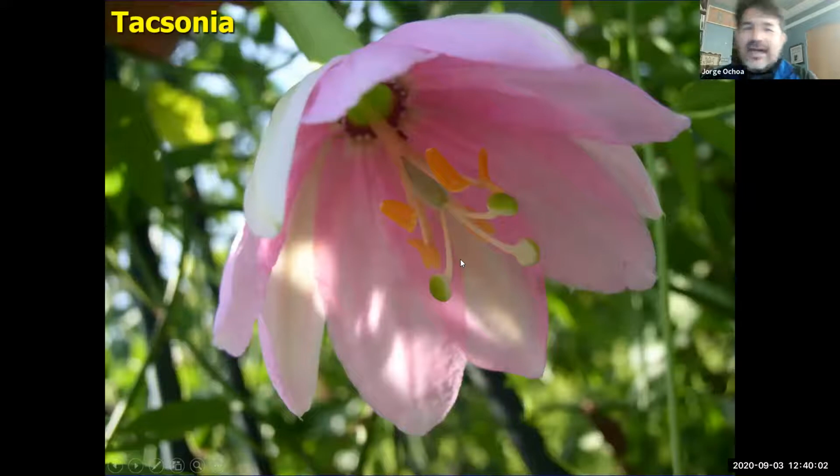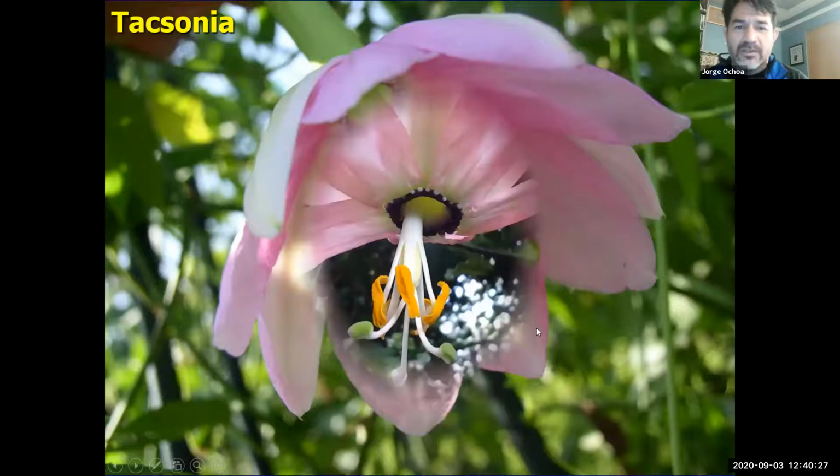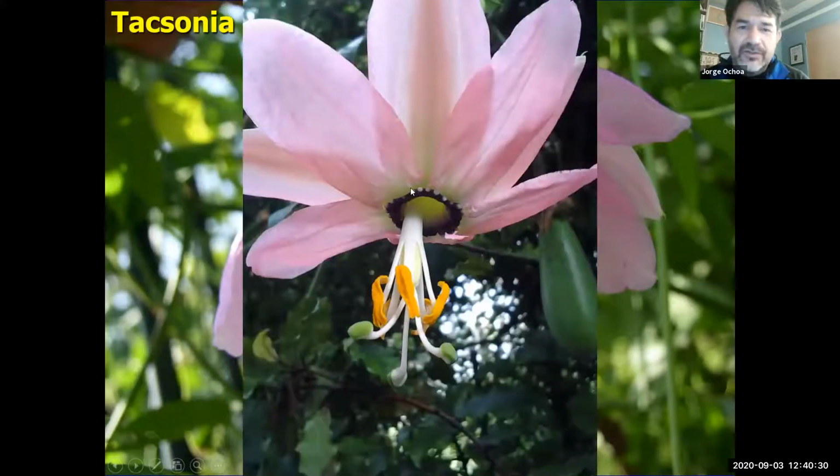And then there's another group that is known as Tacsonia. These are going to be passion flowers that may not have the fringy corona filaments, and they may also have a very long tube. This will be a group that originates in high altitude. So the top of the Andes Mountains is the area of highest diversity for this group. So they like to be cold. So here's a different view. So notice the corona filaments are reduced to simple knobs, and that's about it.